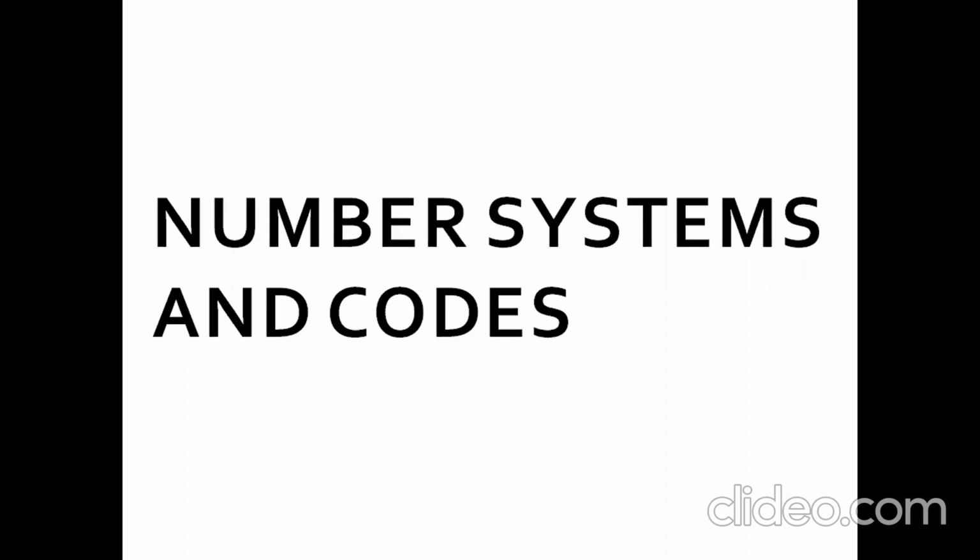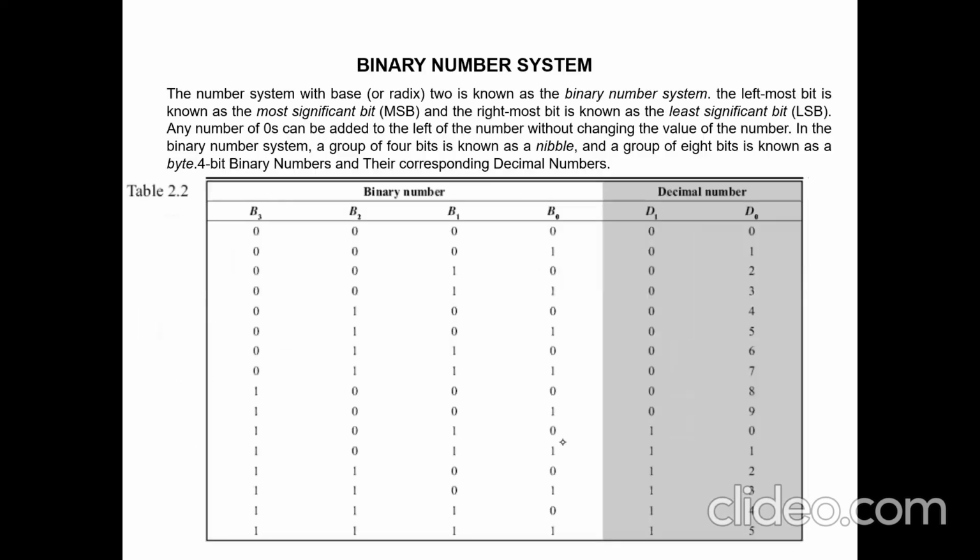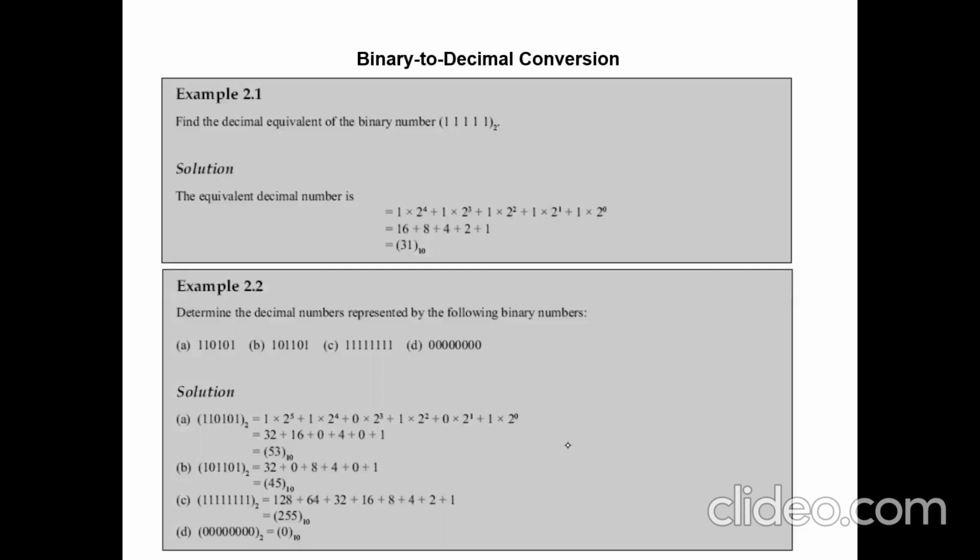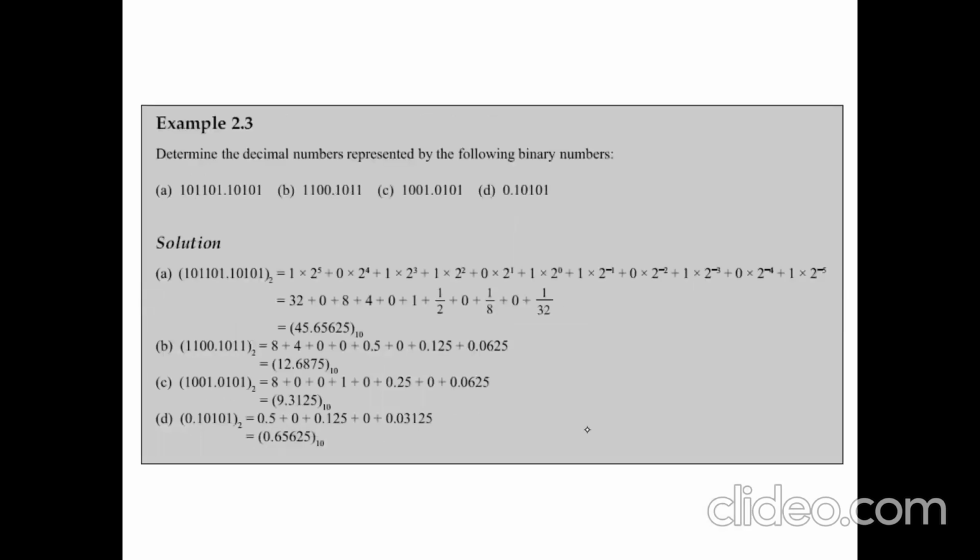Yes, students. In this session, we will learn how to convert the octal number system to the decimal number system and the hexadecimal number system to the decimal number system. We have already seen how a binary number is converted to decimal with this arrow. Anything on the left hand side, you start with 0, then 1, 2, 3, 4, and so on. Similarly, on the right hand side, -1, -2, -3.